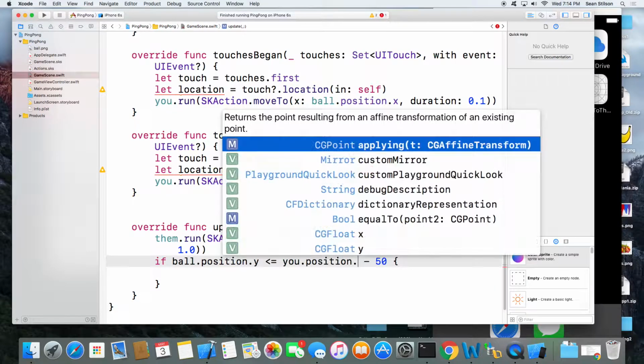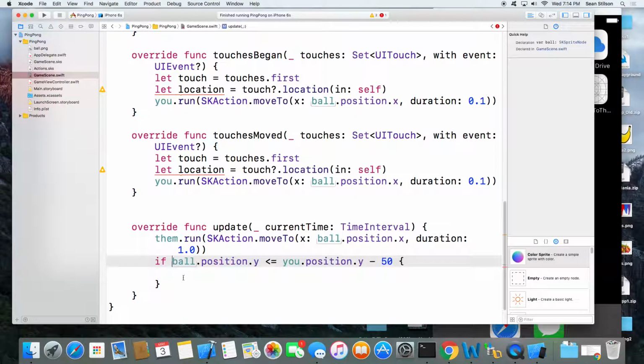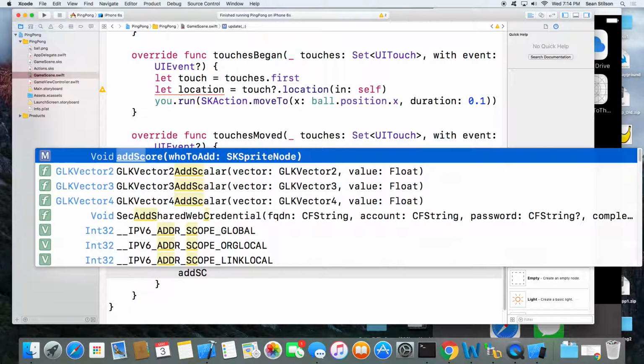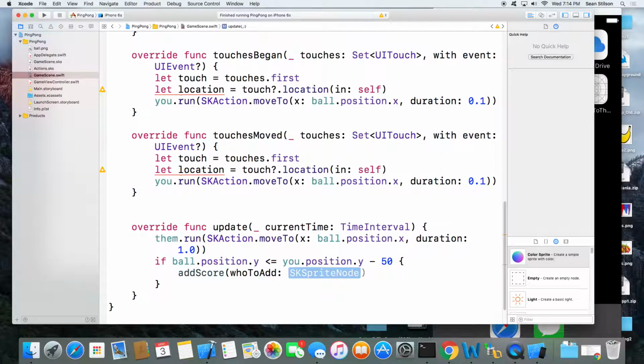Position.y. If it is, we'll add score for our opponent. So we'll pass in them to our little addScore method.